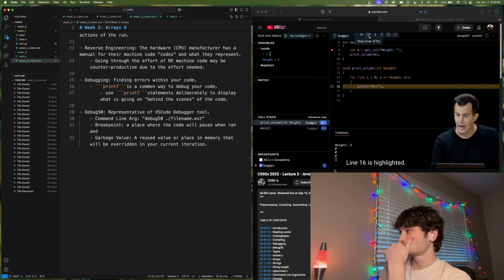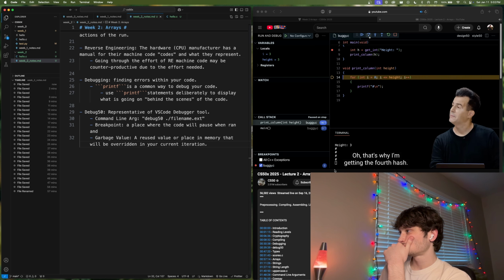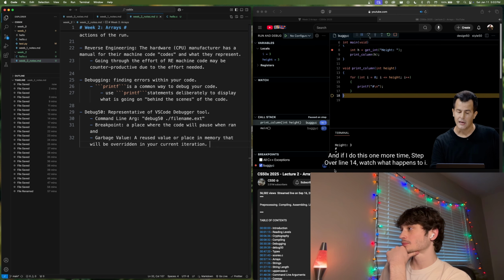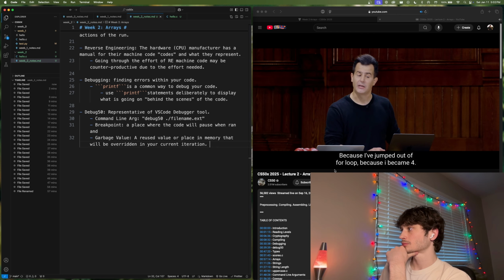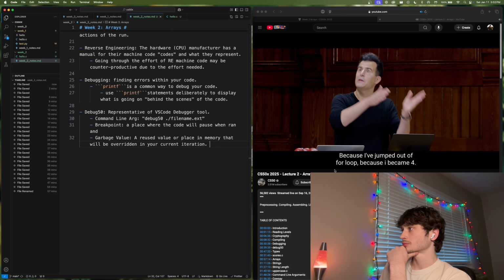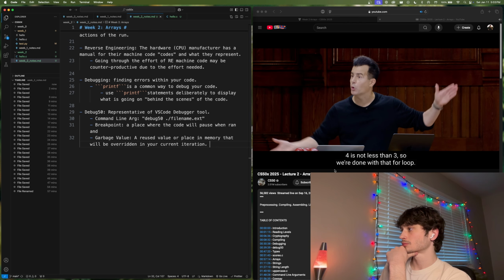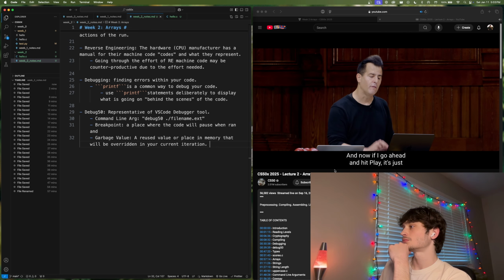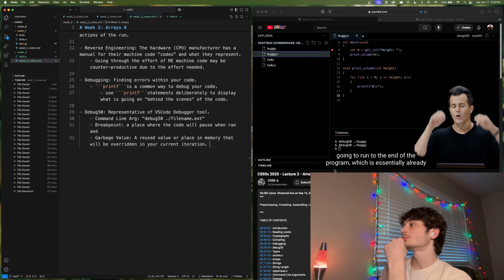Line 16 is highlighted. I'm about to execute the darn thing again. Oh, that's why I'm getting the fourth hash. And if I do this one more time, step over line 14, watch what happens to i. It now disappears altogether. Why? Because I've jumped out of the for loop, because i became 4. 4 is not less than 3, so we're done with that for loop. And now if I go ahead and hit play, it's just going to run to the end of the program,